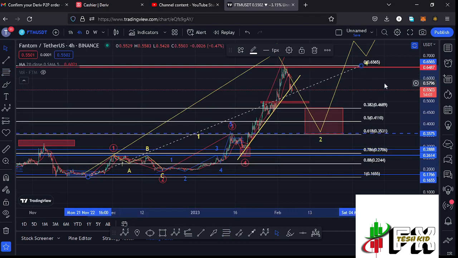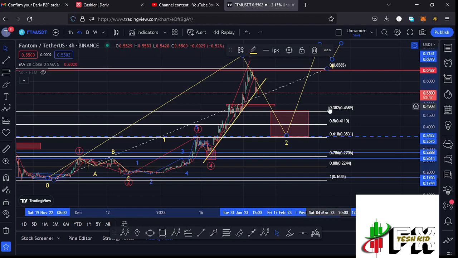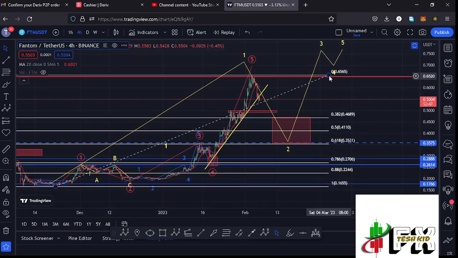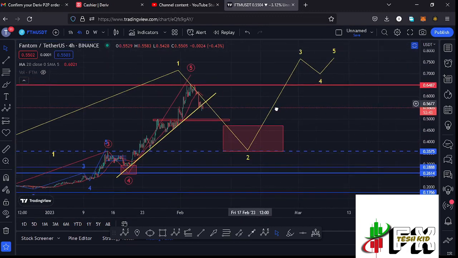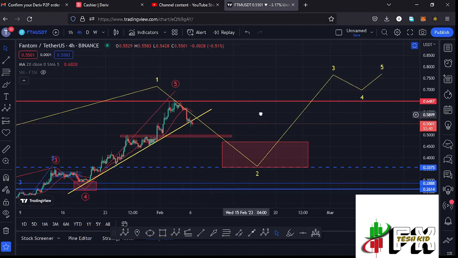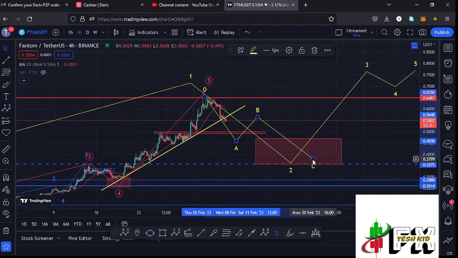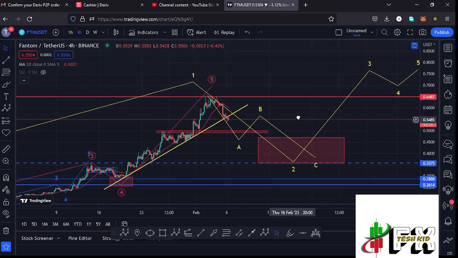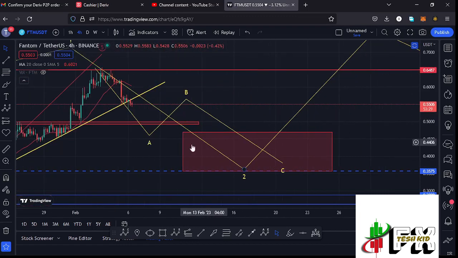that gives me a minimum target area to the lower side in the formation of that wave 2 between the fib level 0.382 and the fib level 0.618, and that target area lies between the $0.4689 mark and the $0.3531 mark, and that is the minimum that I'm expecting that retracement to the lower side in the formation of this wave 2 to do. And because the second wave is a corrective wave, I'm also expecting to see an ABC corrective structure, having the wave C fully maximizing the formation of that wave 2, and in that movement to the lower side you can see that we have lost this trend line, which is right here,